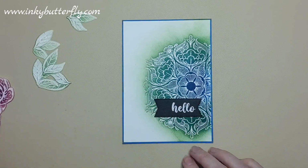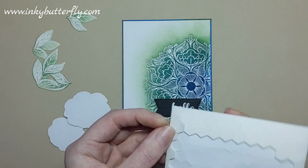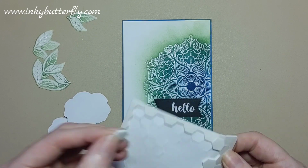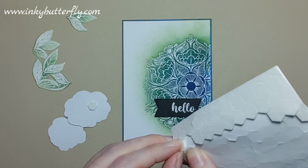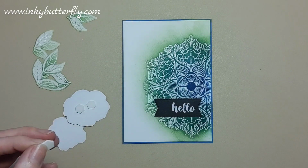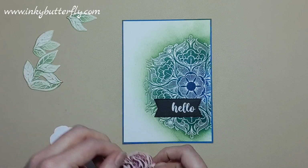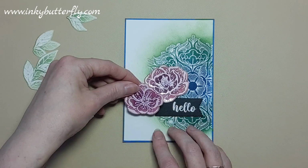Okay, I'm going to grab some dimensionals for the blooms themselves. My rogue dimensionals, this particular packet seems to have had a little manufacturing faux pas, but it's fine. They come off. It's just they're not coming off as easily as they usually do. Back to fine though, guys, whiz them straight off. They're really, really good. Okay, so there and there,